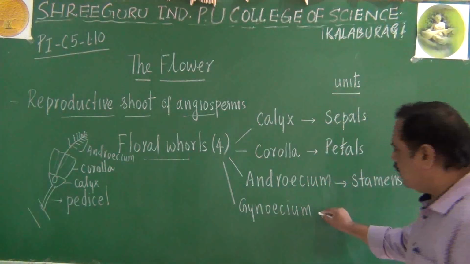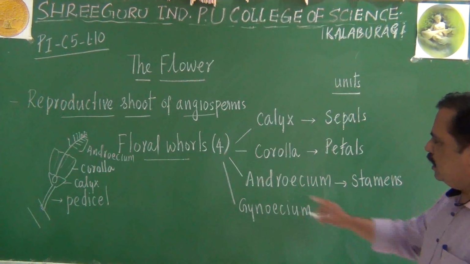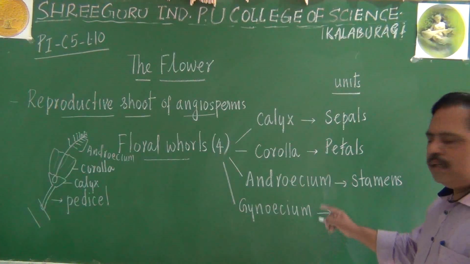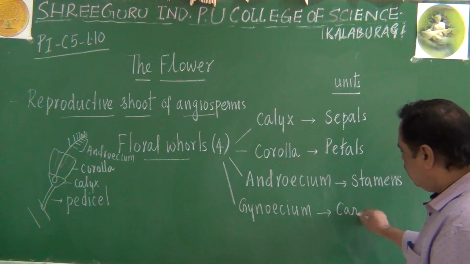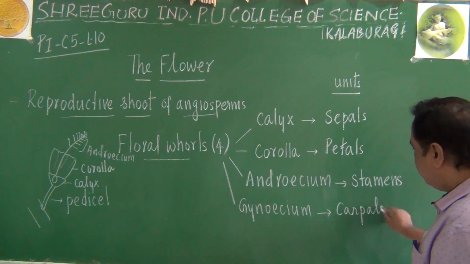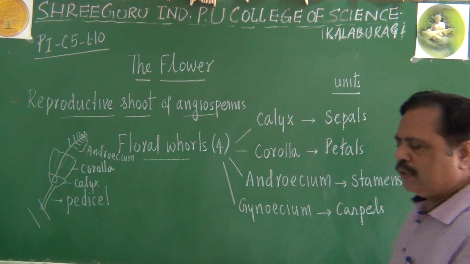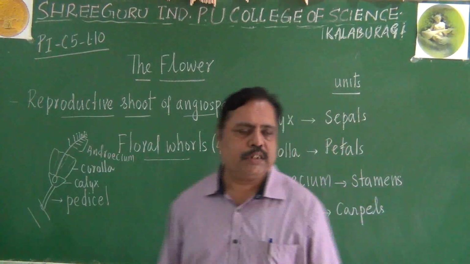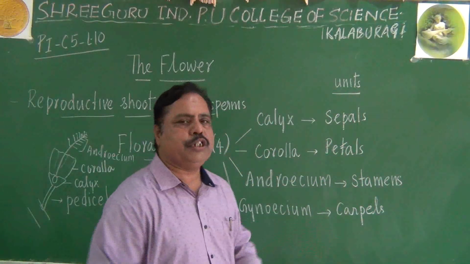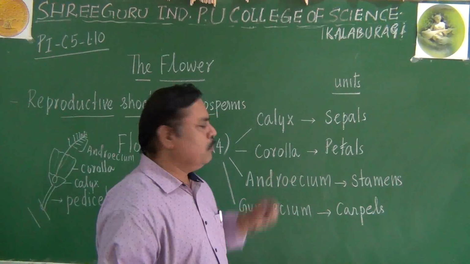What about the gynoecium? The gynoecium is made up of its own unit called carpels. Carpels are present in the gynoecium. So remember students,